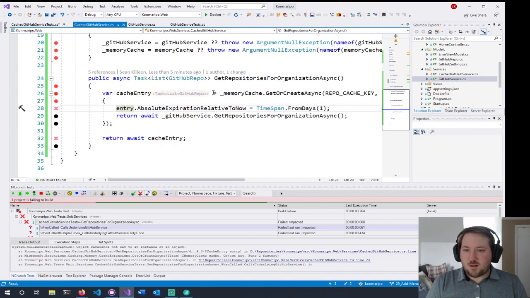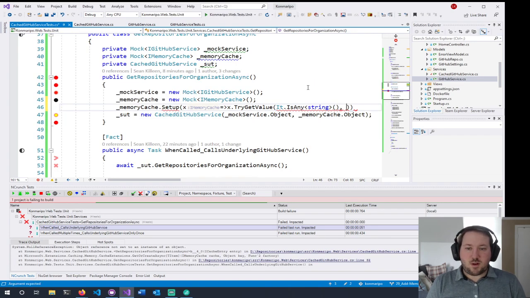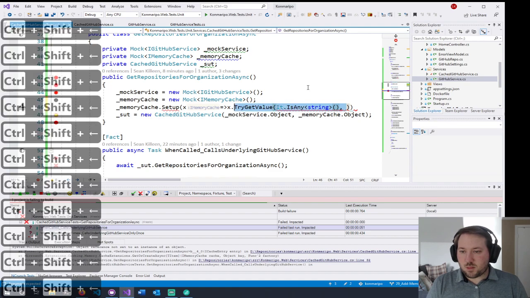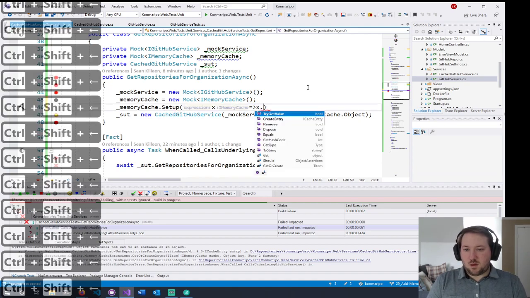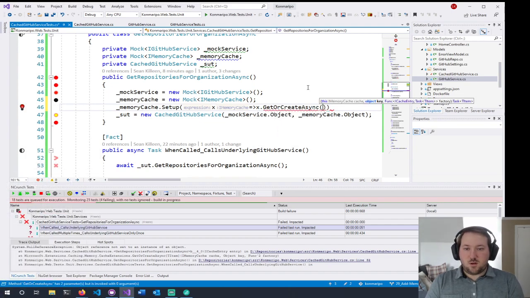Actually, what I don't want to do is TryGetValue. It's really whenever I want GetOrCreateAsync to be called. So whenever GetOrCreateAsync is called with It.IsAny string,